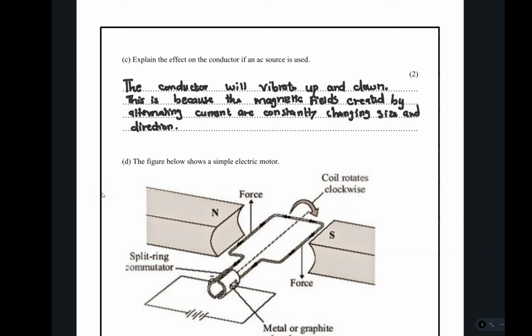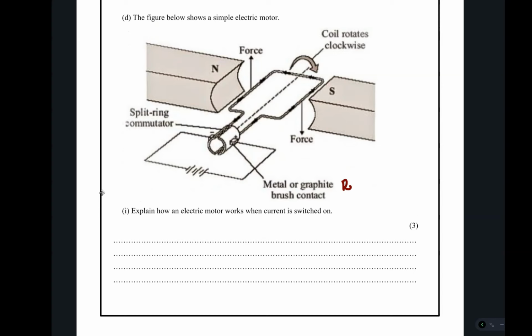These are also some of the questions that are usually tested. We are supposed to identify a few parts that we have here. We have a metal or graphite brush in contact, and this is for conductivity and also reducing friction, because the commutator are sliding. The commutator are there to reverse the direction of the current so that the motor continue moving